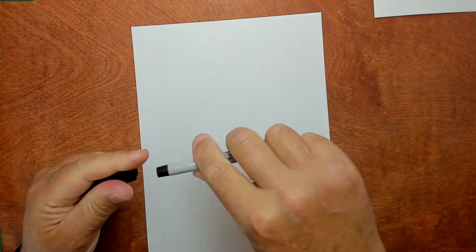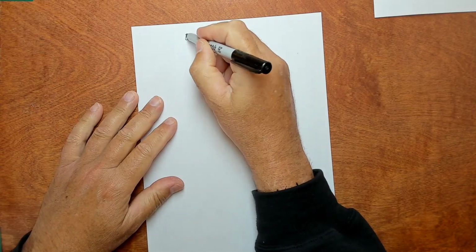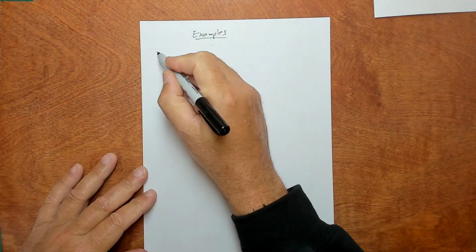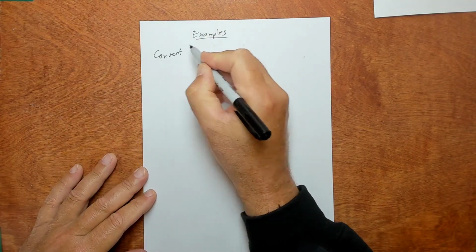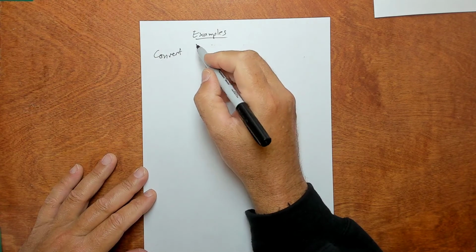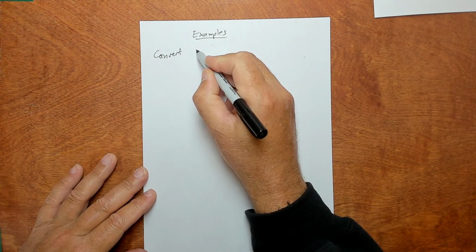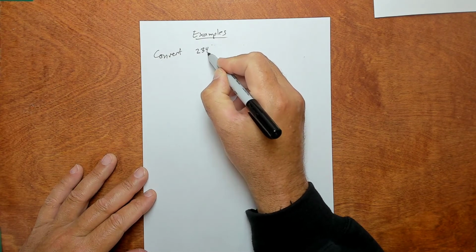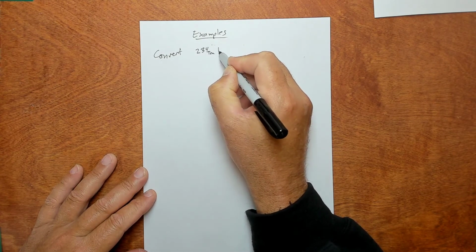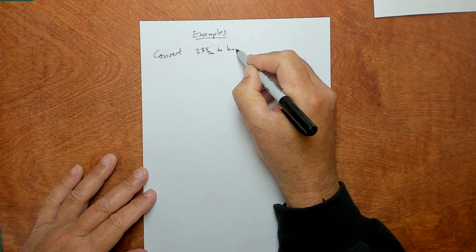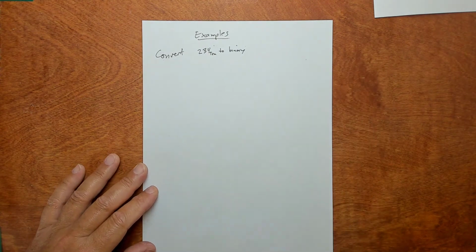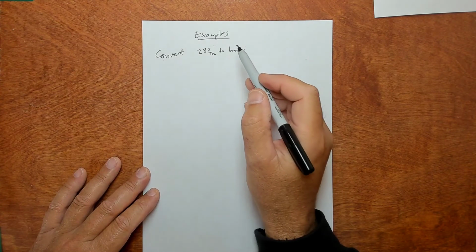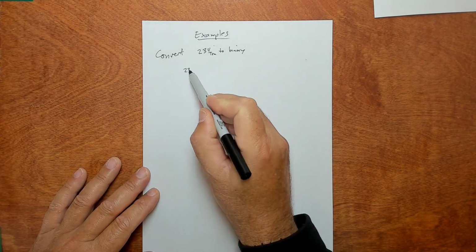Okay, let's do one from the homework. Let's convert, I'm just going to make up one, 234 base 10 to binary. So you can use the mod div algorithm. So it would be 234